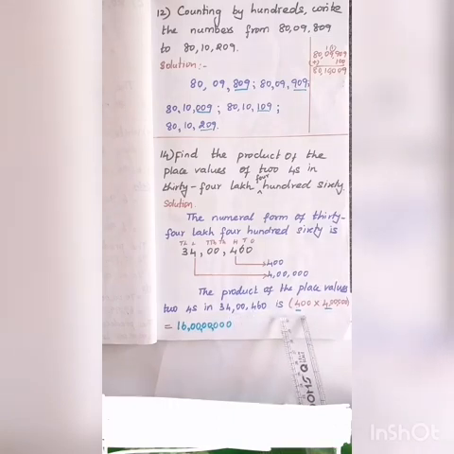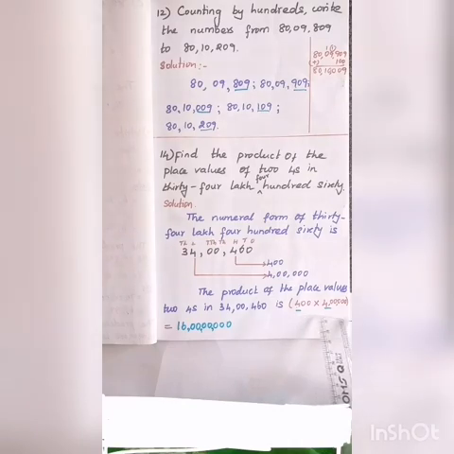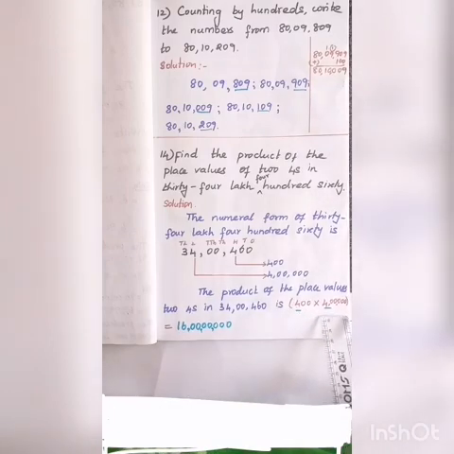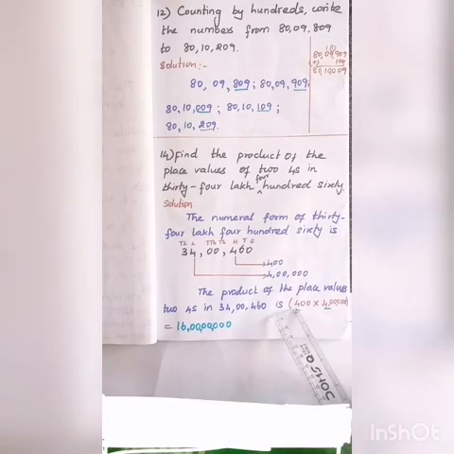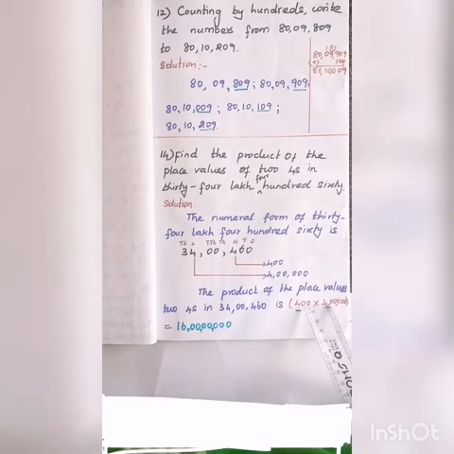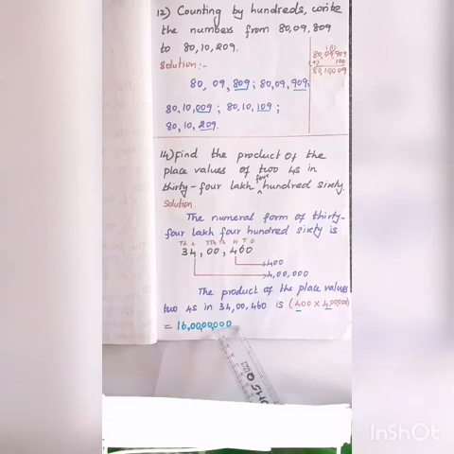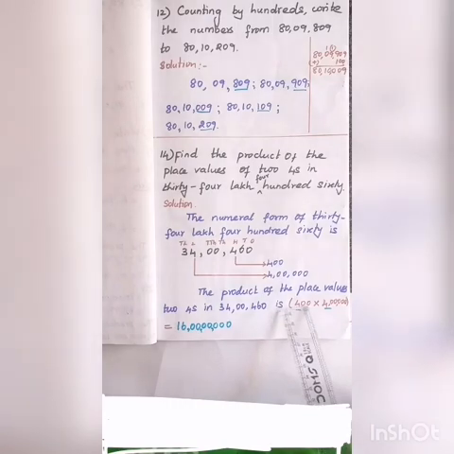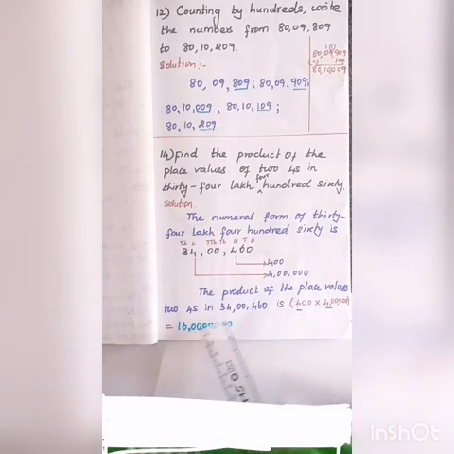What is this? 400 into 4 lakh. First of all, you multiply this 4 into this 4. 4 fours are how much? 16, isn't it? Next, you count the zeros. Here 1, 2. Here 3, 4, 5, 6, 7. So you put 7 zeros here. Then you put the commas from the ones place: 1, 2, 3, put comma; 1, 2, put comma; next 1, 2, comma; next 16. So when you multiply 400 into 4 lakh, you get 16 crores.